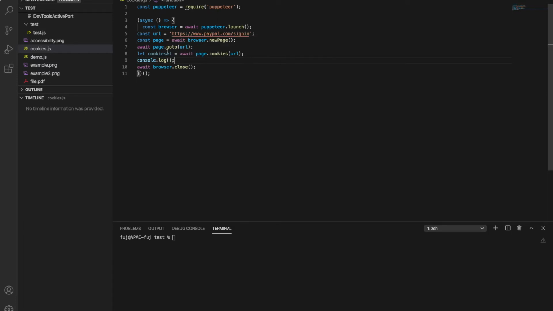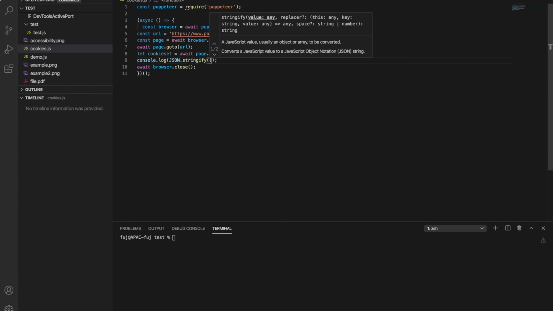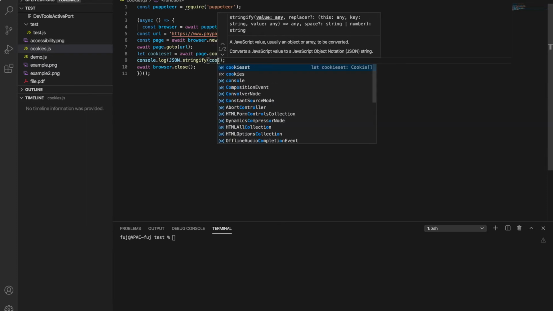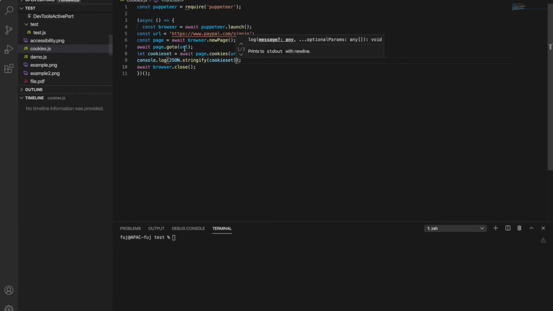I think this cookie set will not be in proper format, so we can format it using JSON.stringify. Those who are aware of JavaScript will know it, or you can learn about that. It will convert that object into JSON format. So now let's try to run